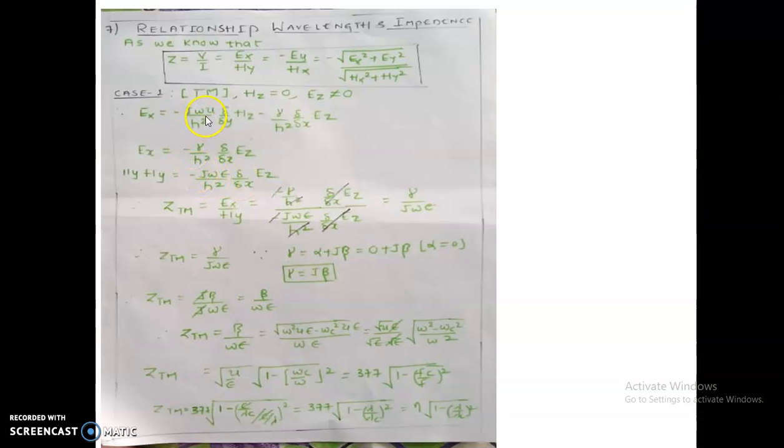Now let us start with the transverse magnetic mode. So in TM mode, Hz is equal to 0, Ez is not equal to 0, and we know that one. Now what we have to do is find the impedance. Impedance is nothing but Ex by Hy. We are going to take this as a reference right now. So I know Ex, as you already know this one. I know Hy. What I have done is I have divided and the similar things got cancelled. Once the similar things are cancelled, then we're going to get this expression.